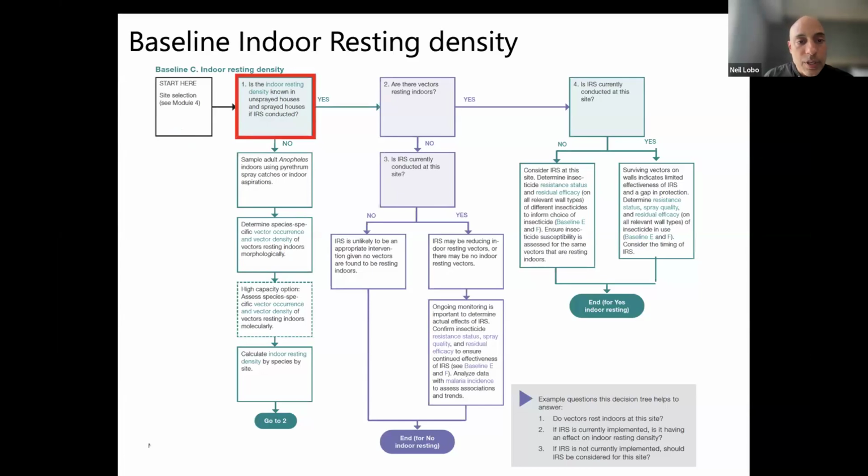Now, if you don't know the answer to this, then the next step is, okay, great, we need to sample adult Anopheles indoors using PSCs or indoor aspirations, because we want to see in the unsprayed houses if mosquitoes are resting on those walls. And then after we do that, we want to determine species-specific vector occurrence and vector densities of these vectors resting indoors morphologically. So we'd look at these indoor resting mosquitoes and see what species they were,